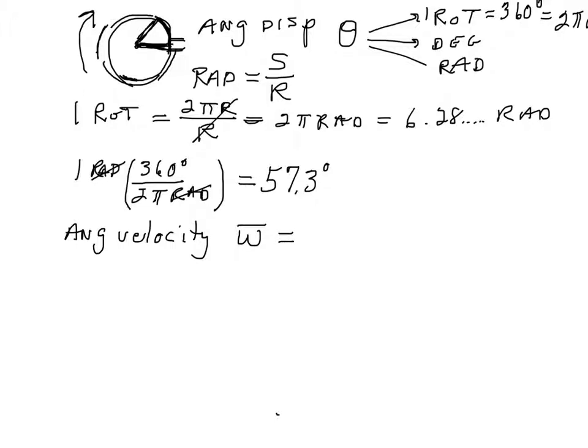Remember, we did this back in week 2 for regular velocity. The average velocity will be the change in angular displacement over the change in time. That gives us the average. But if we want the instantaneous,